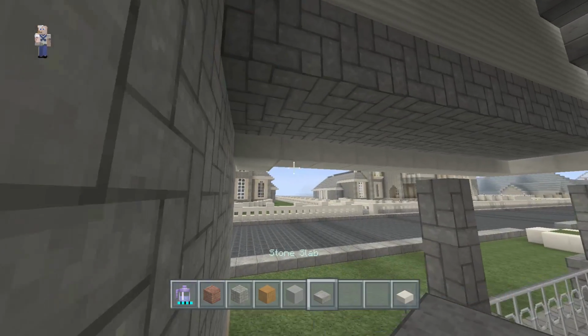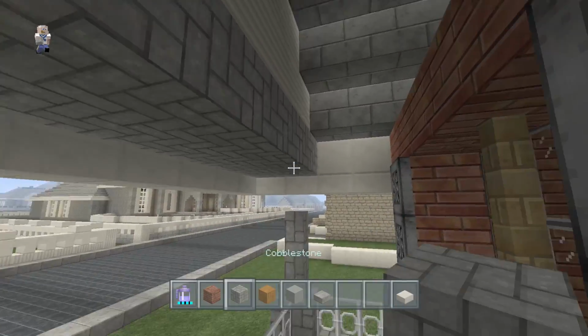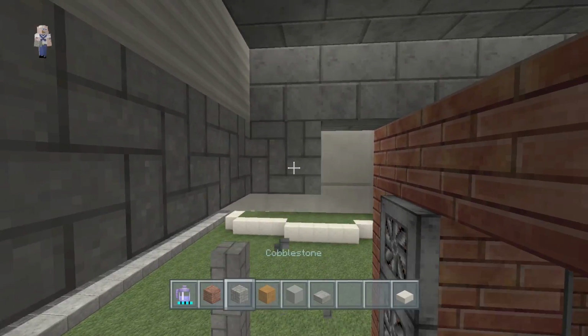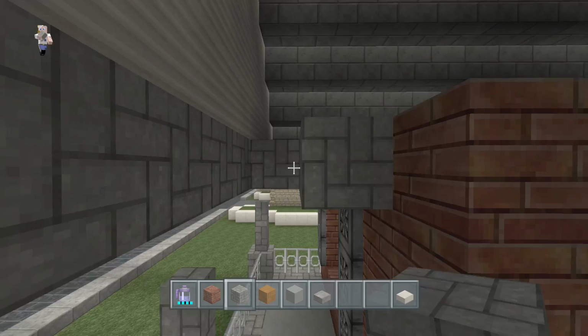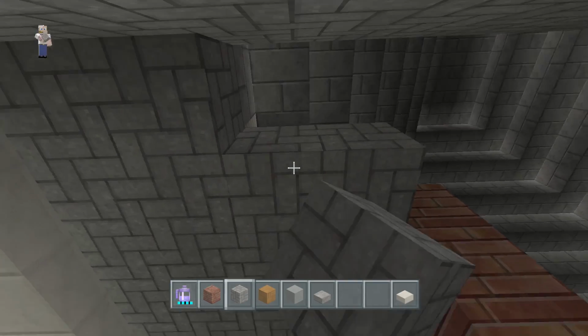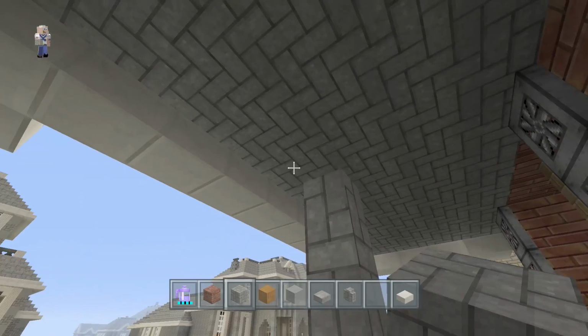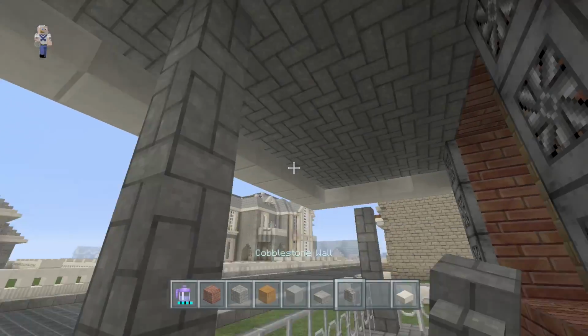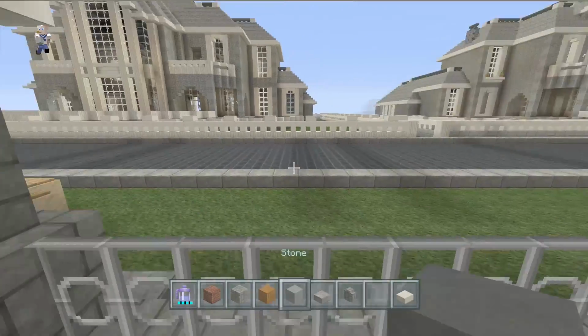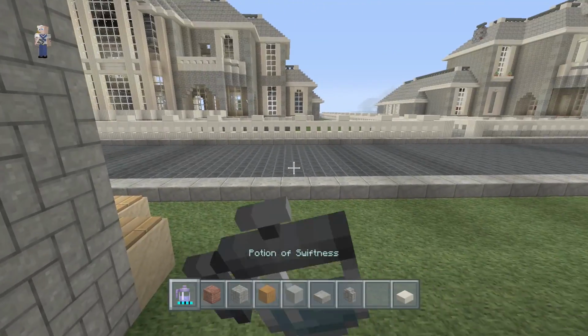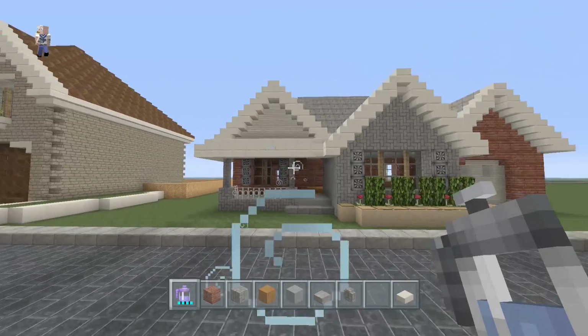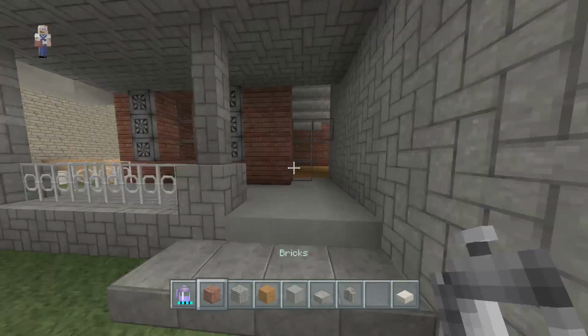We need to finish this off. So we're actually going to take the cobblestone and just fill the rest of this in with the cobblestone that we have here. And it looks like we need to expand the cobblestone walls up one more block. So the cobblestone walls here should be 3 tall, not 2, like we originally planned in part 1. And, alright, I'm actually really liking this house.